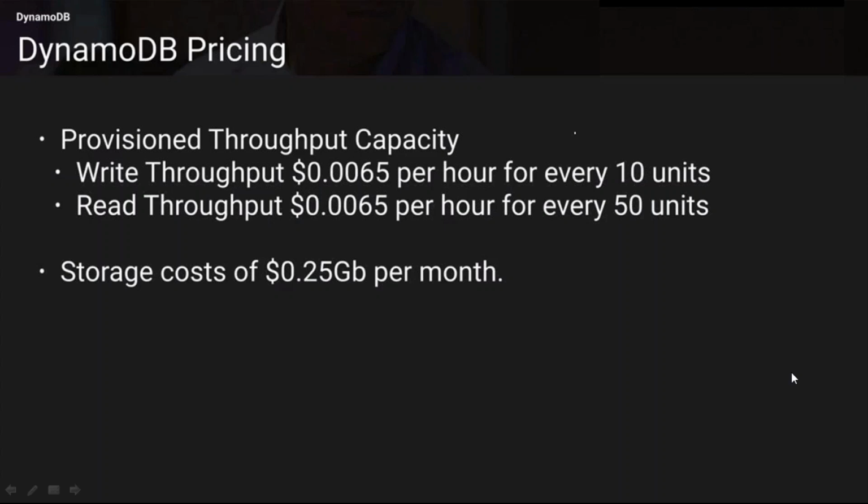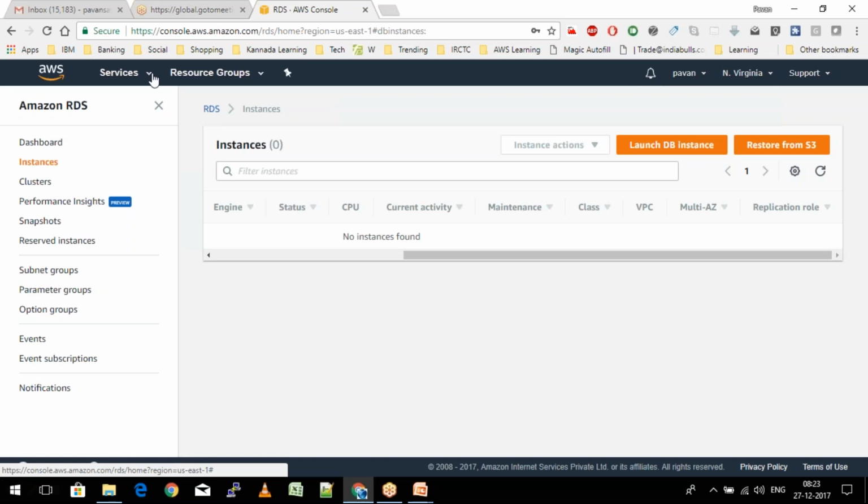So let's get into the DynamoDB table part here. I'll go to Services and click on the DynamoDB section.